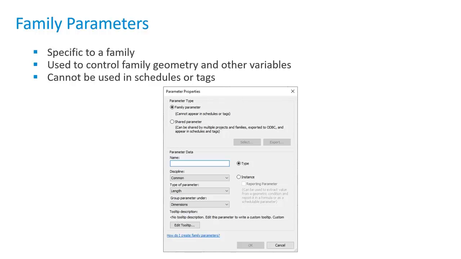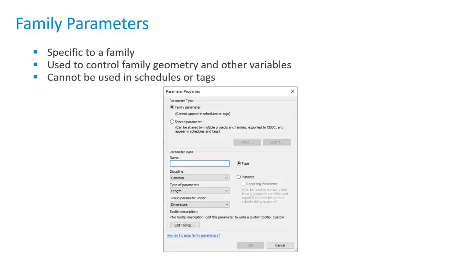But when you create a family parameter, you can create it as just a family parameter, or you can create it based on a shared parameter, which we'll get to in just a second. And so there is that ability to create parameters in the family editor and have them be scheduled and tagged. But if you just create it as a family parameter, then those parameters will not be able to be used